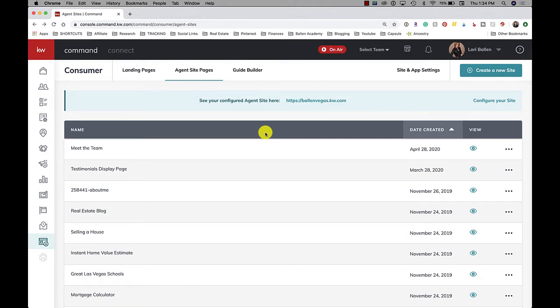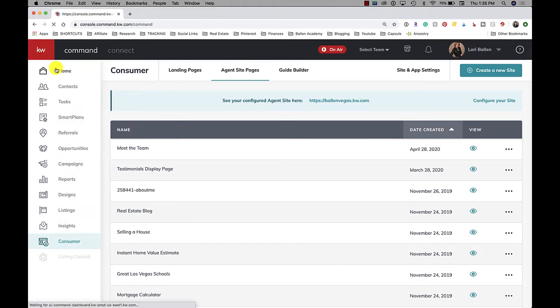However, as agent sites are evolving, right now we're using a lot of workarounds. So I want to show you the differences, and then you can decide what actually makes sense for you. Okay, so first, if I'm on the home page here,